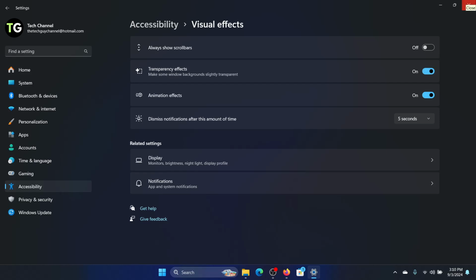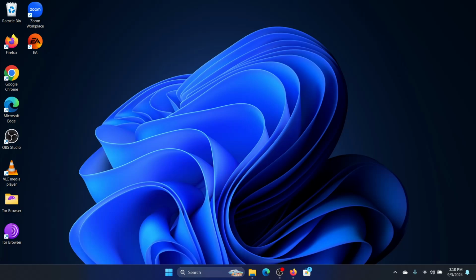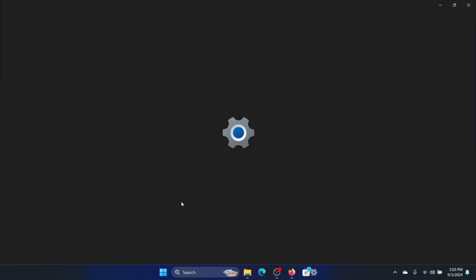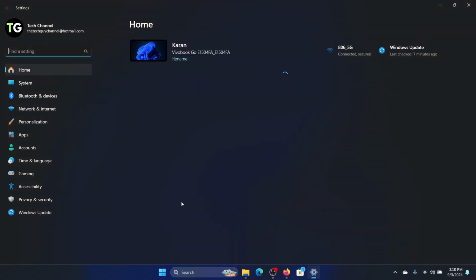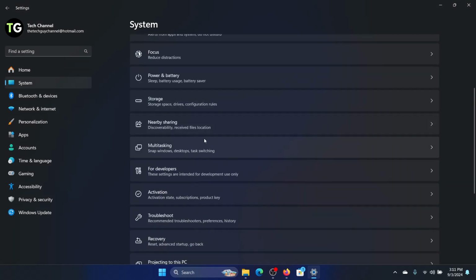And the next thing we need to do is to make sure that our laptop is on the charging mode connected to the power button, because what happens is, if the laptop battery is very low, then the transparency effects will go off, and we can change that by right clicking on the start button, going to settings, and then we will click on system, look for power and battery,